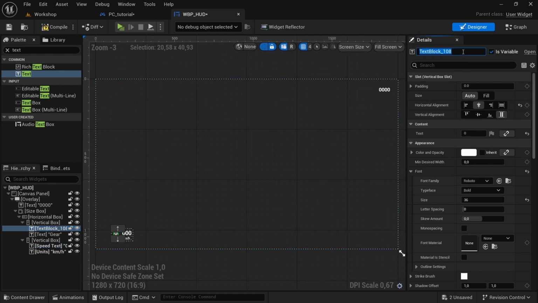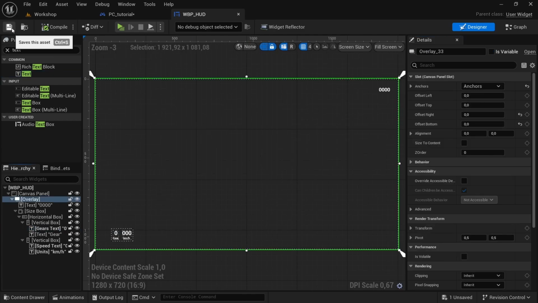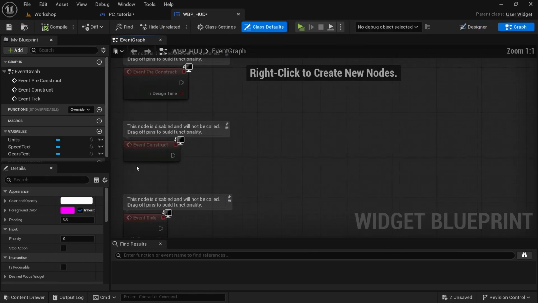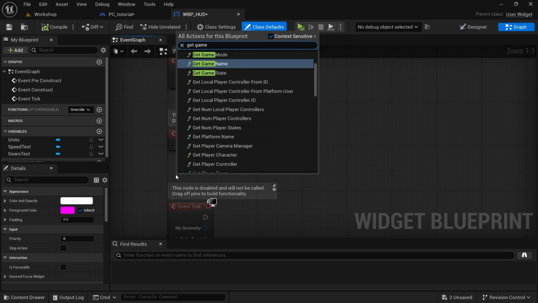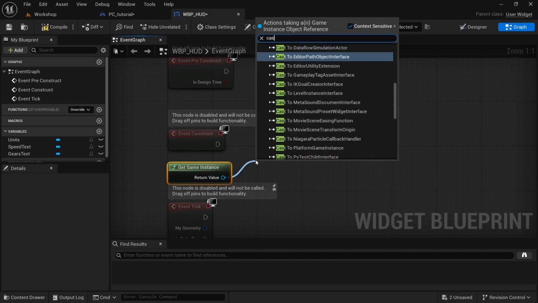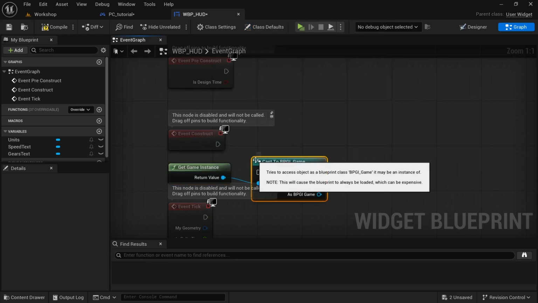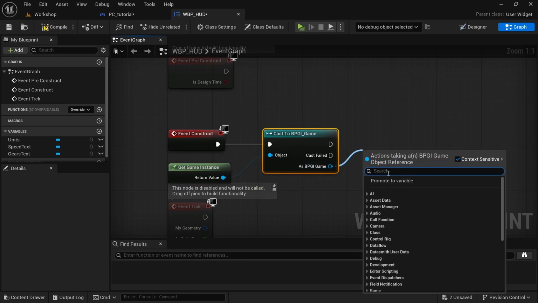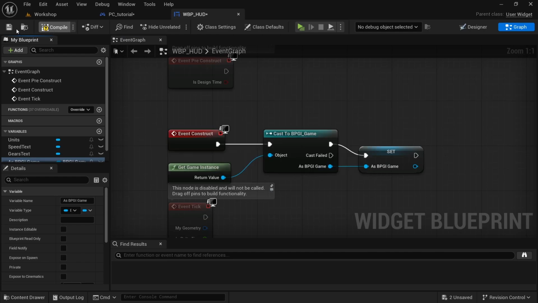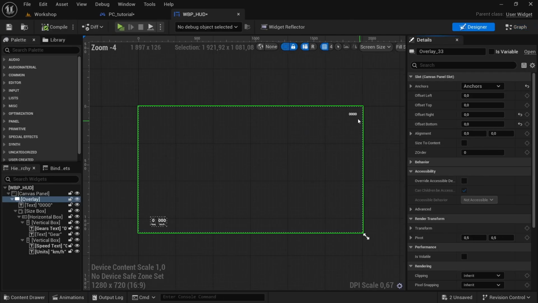Set it to is variable, and then rename this to gears text. So that's everything. I'm going to compile, save, head over to the graph, and then in the graph on the event construct, we're going to right click, get game instance, drag off, and then cast to BPGI game, connect the execution pin from the cast to BPGI game, drag off, promote to a variable, compile and save, head back to the designer, select the